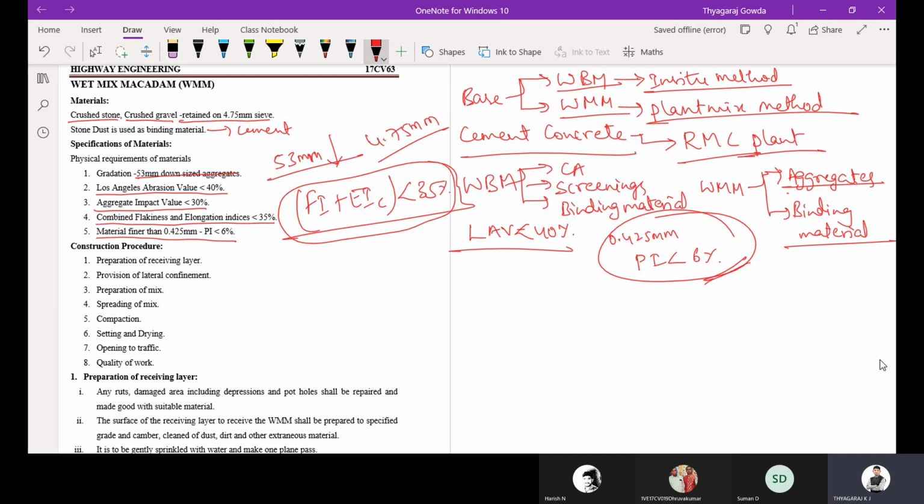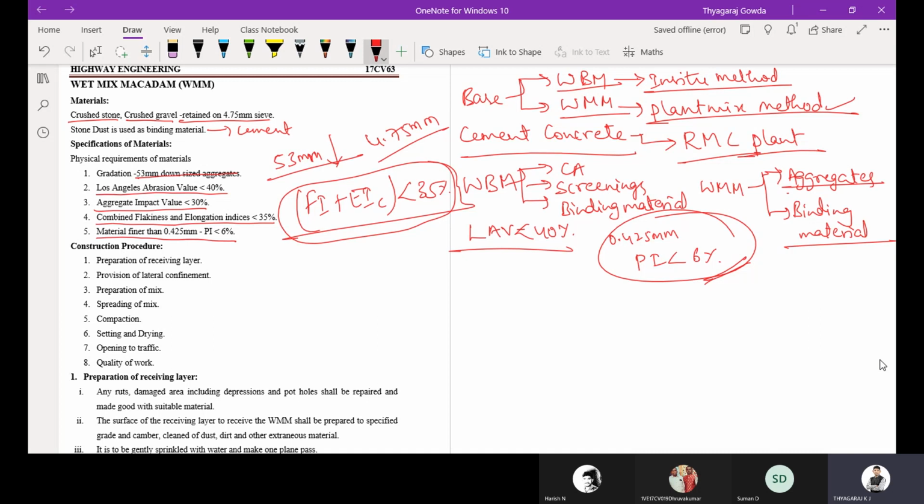What is the step-by-step procedure we are going to follow? Since it is a plant mix method, there will be no rolling, mixing, spreading and all those things at the site. Simply bringing the wet mix from the plant.